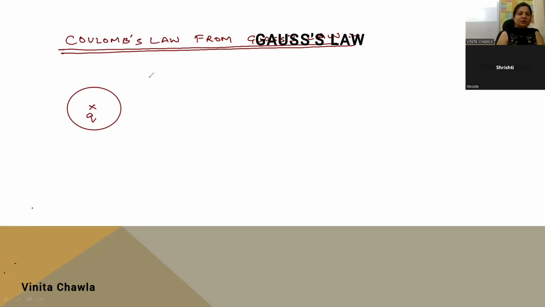So the magnitude of E is constant everywhere on the surface. And what is the direction of the electric field? Away from the positive charge. Now consider a small area element on the surface. Let the area of this element be ds. What is the direction? N cap will point in this direction, perpendicular to the surface. And r cap will also point in the same direction where vector E is, because r cap represents the direction of the electric field only here in this particular case, right? So